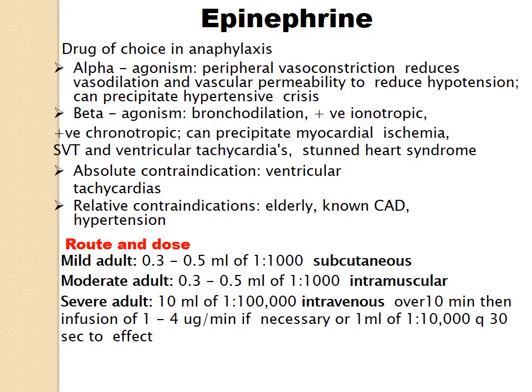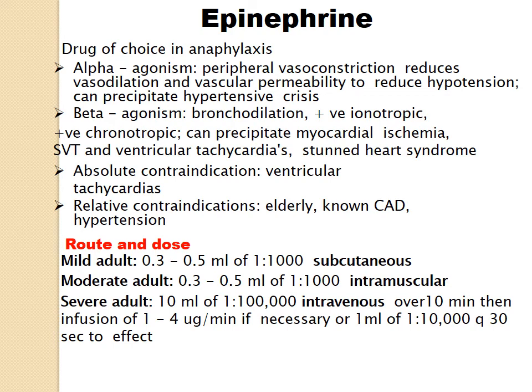So epinephrine shows alpha agonism, beta agonism, positive chronotropic effect, and is an absolute contraindication with ventricular tachycardias. It is given through the route and dose like this: mild adult is given subcutaneously 0.3 to 0.5 ml, a moderate adult is given intramuscularly 0.3 to 0.5 ml, and a severe adult is given intravenously 10 ml of 1:1